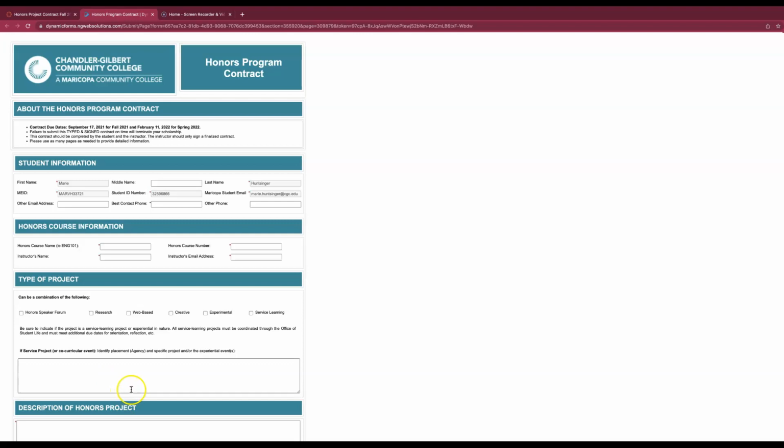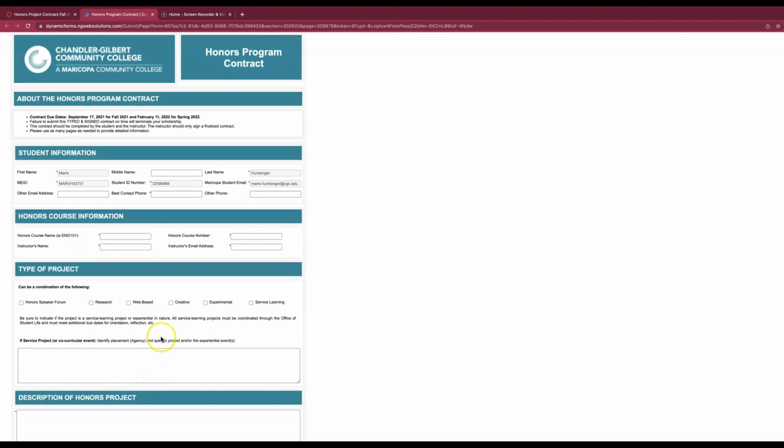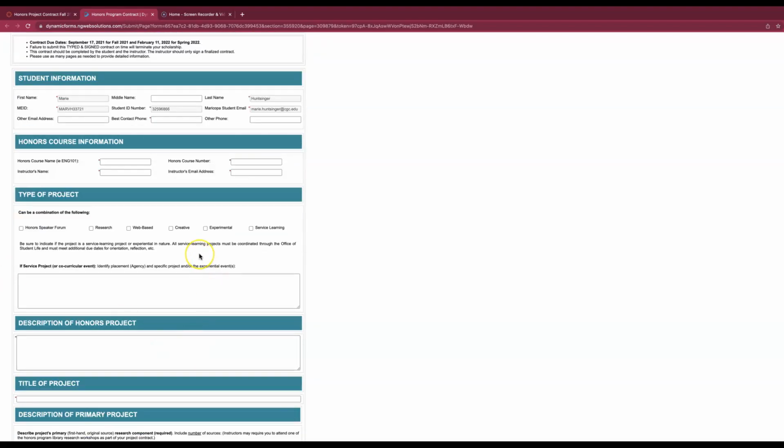All projects need to have a research component, a writing component, and a presentation of some sort. So even if you're doing a creative project, like perhaps an art gallery or a web-based project like a Google Sites or an e-portfolio, you still need to have some sort of reflection on the research, even if it is